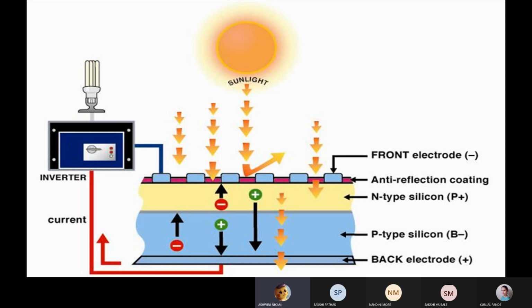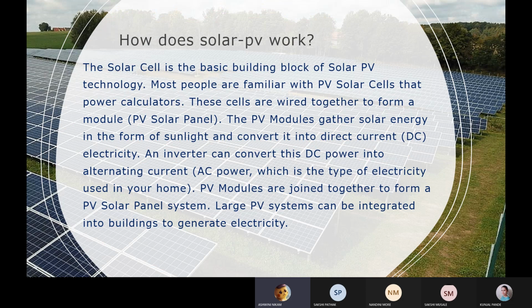This energy is produced in the form of DC, which is carried by the wires towards the inverter. This inverter converts the DC supply of energy into an AC supply, and this AC supply is used in the form of light, which we are going to use in our homes, factories, industries, etc. So this is the diagrammatic representation of the photovoltaic system. The next information will be delivered by Sakshi. Over to you.